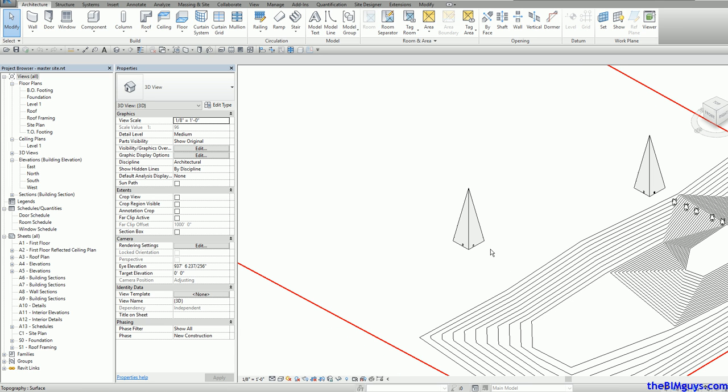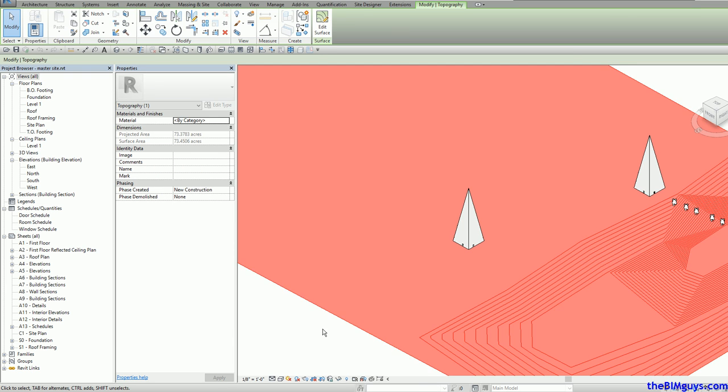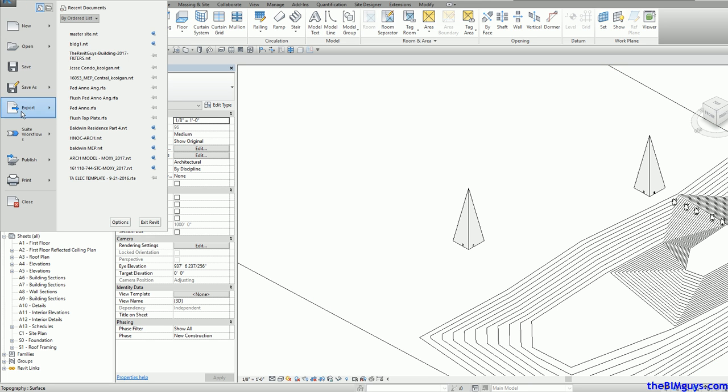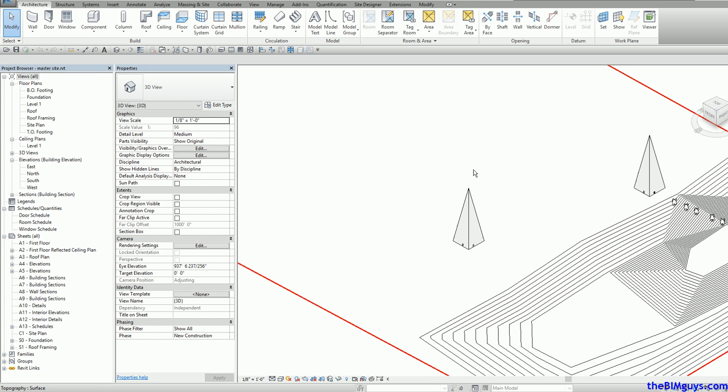But that is kind of how Revit will set up. You'll have your individual files, which are each building. That's going to be a Revit project. This will be a Revit project, and this would be your master site project. And then we can link the two together, and we have the big picture. Now, how about